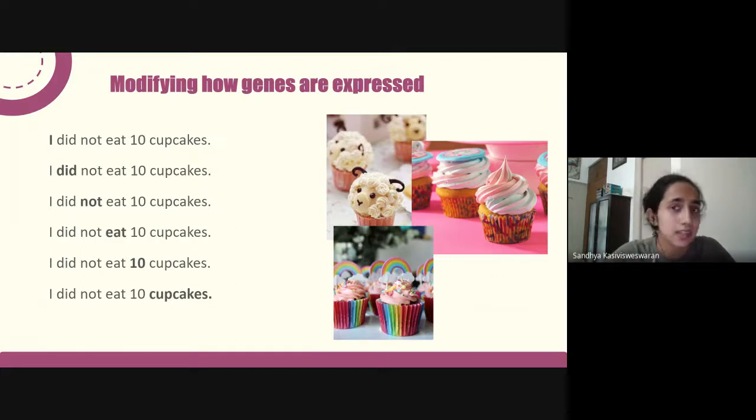You can say, I didn't eat 10 cupcakes. Maybe my friend did. Or, I did not eat 10 cupcakes. I only baked 10 cupcakes. Or, I didn't eat 10 cupcakes. I ate 10 donuts. So where you apply the emphasis in the sentence changes the meaning of the sentence. So your primary sentence is not changing, just the things that you apply on that primary sentence change. So your genetic sequence is not changing, but what parts of your genetic sequence you decide to give emphasis to, what you choose to convert from genes to mRNA to protein that we've studied changes what the cell looks like.